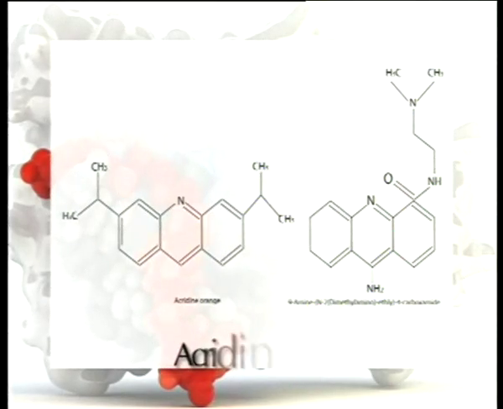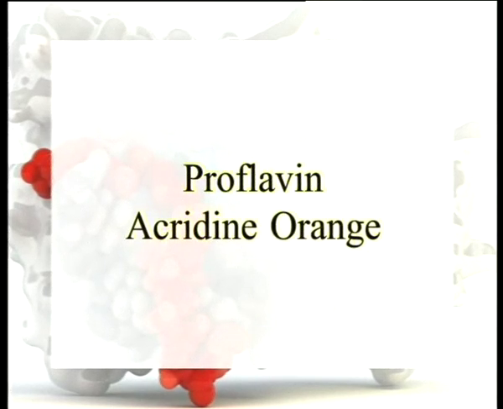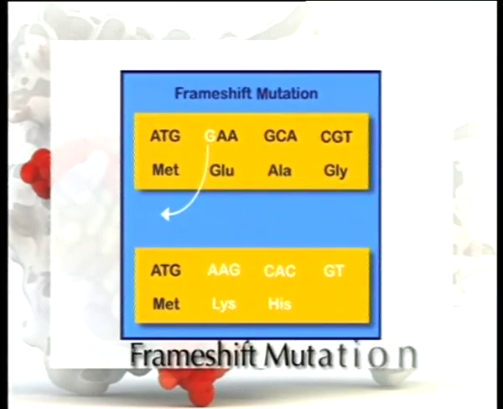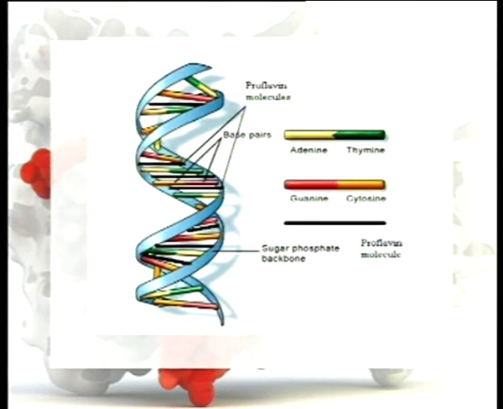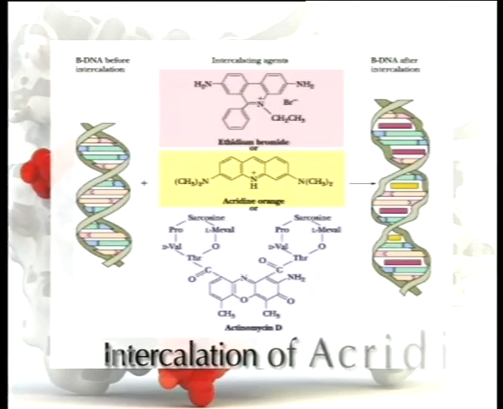Number three chemical mutagen, acridines. The acridine dyes such as proflavin and acridine orange are very powerful mutagens that produce frame shift mutations. The acridines intercalate, or sandwich themselves, between the stacked base pairs in DNA, which increases the rigidity and causes slight kinks in the molecule. In any case, when a DNA molecule containing intercalated acridines replicates, additions or deletions of one to a few base pairs occur.